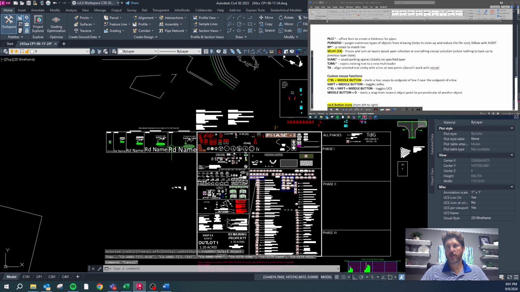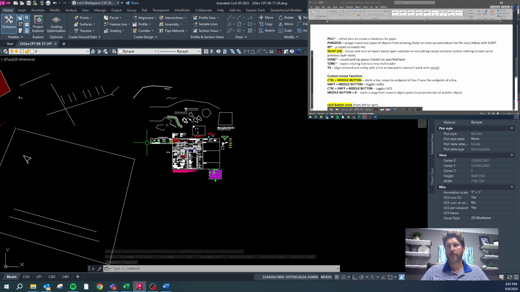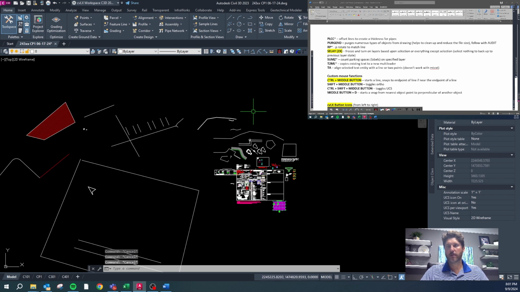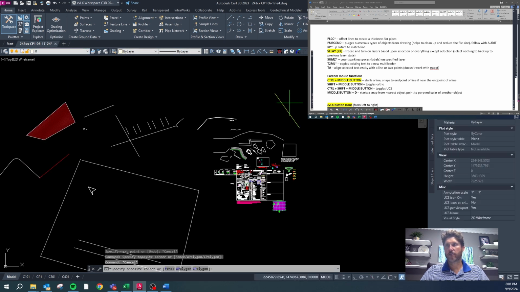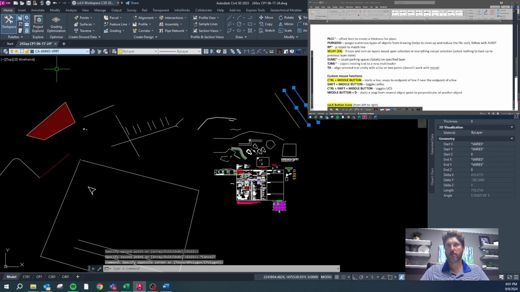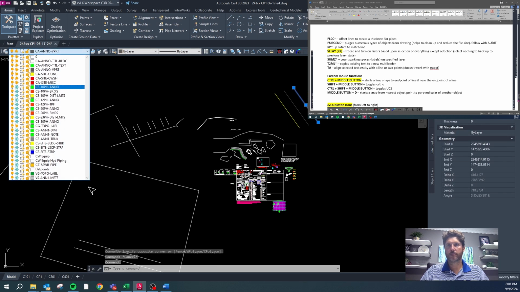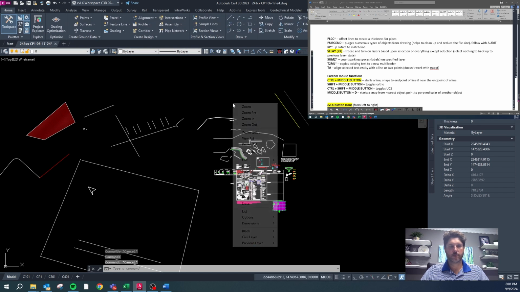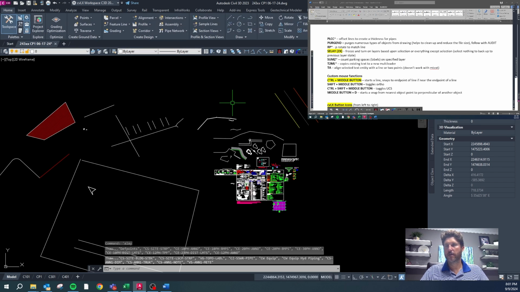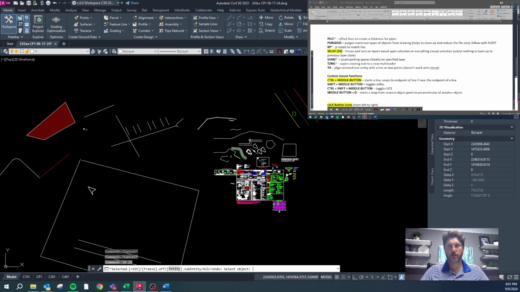Now all of these are on the 0 layer, and 0 is our active layer, so it can't turn the 0 layer off. This one's a little bit hard for me to show you right now because we don't have a ton of layers active. Middle button YA is to turn everything on, so you can see I can